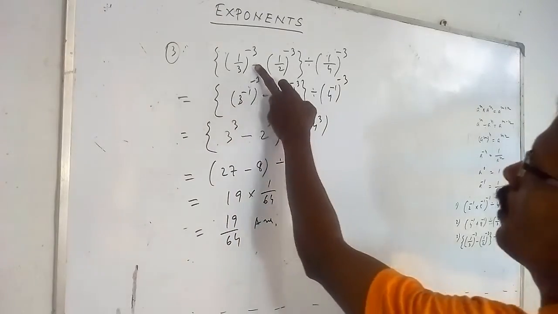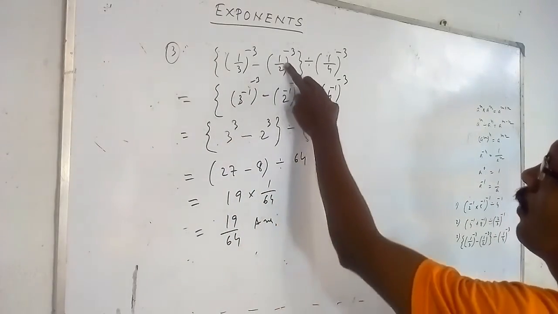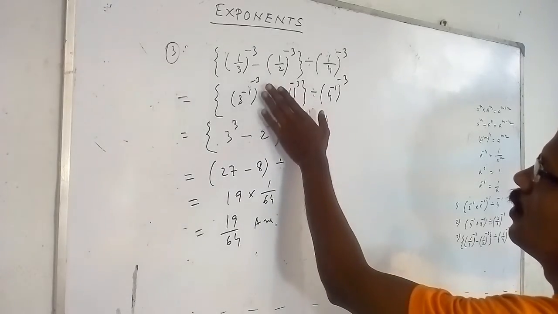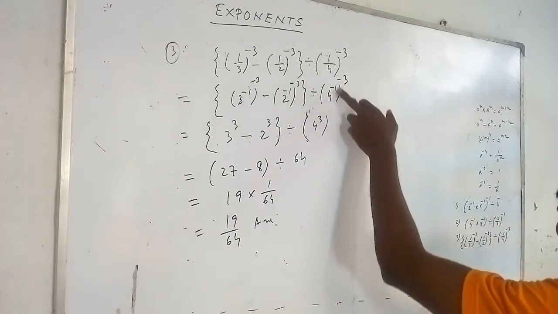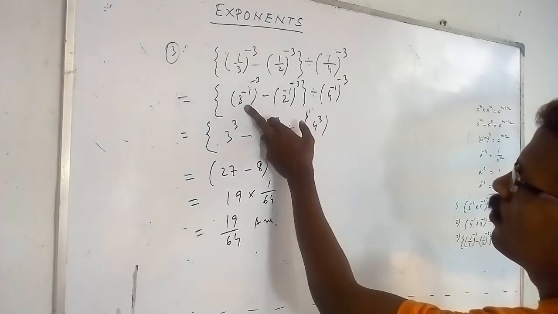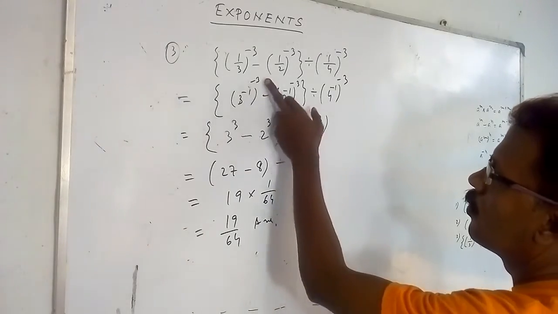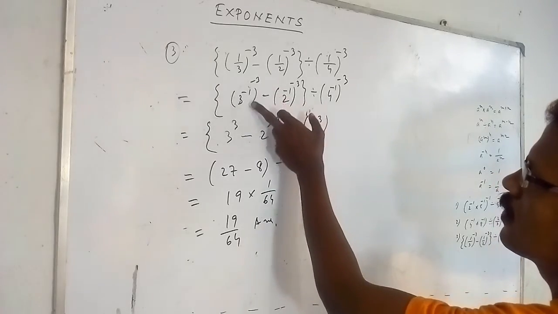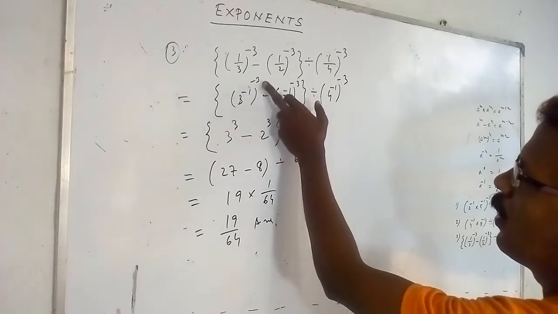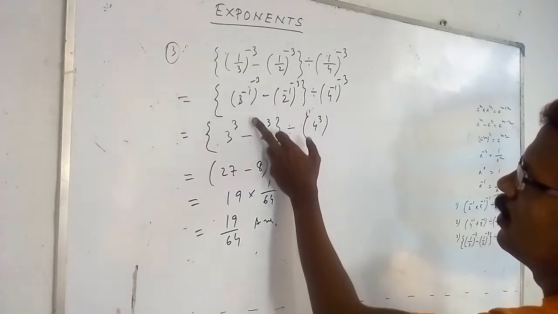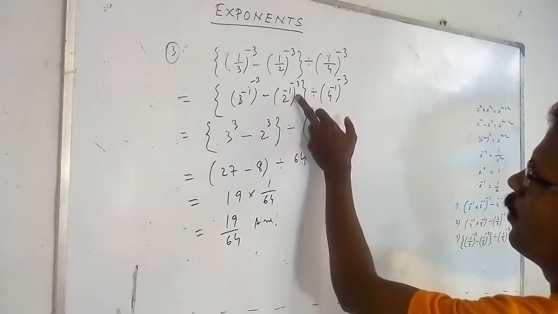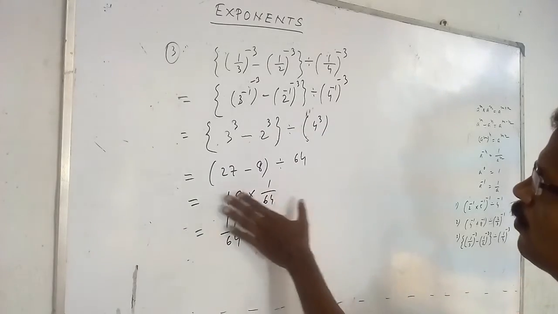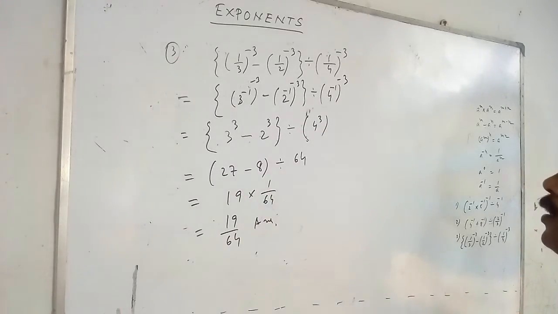3 to the power 1 by 3 is equal to 3 to the power minus 1, 1 by 2 is equal to 2 to the power minus 1, and minus 3 is written again, and 1 by 4 is equal to 4 to the power minus 1. There is actually a double power, and when there is a double power they will be multiplied, that is minus 1 into minus 3 gives plus 3. Now the simplified portion is here.